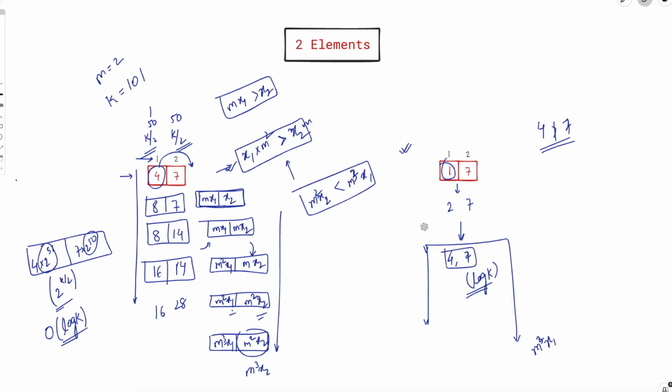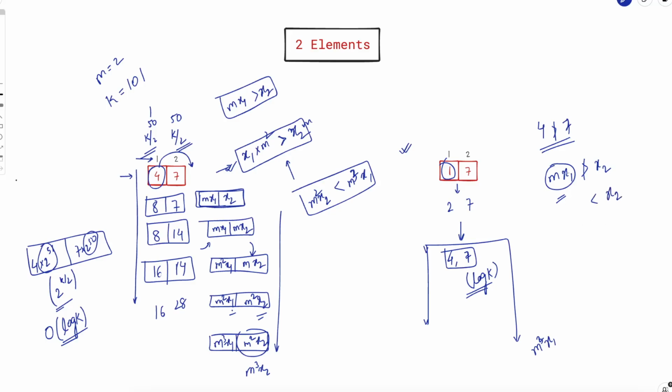We need to come up with something else. So the answer again is yes, it is always feasible. Why? Because think about it. What you are saying is m cross x1 is not greater than x2. What does it mean? This means that after you multiply m with x1, the value that you will get is still smaller than x2,